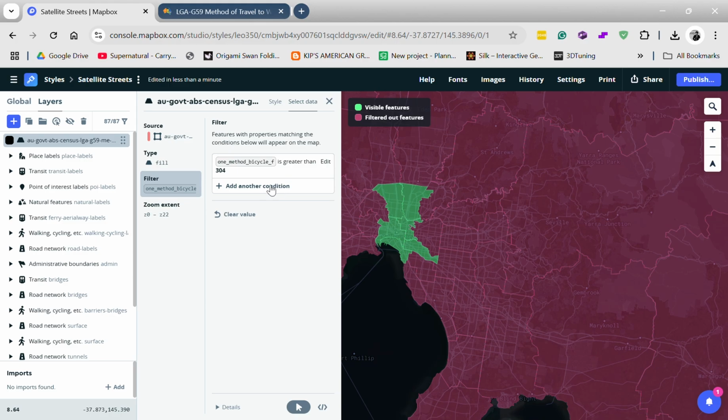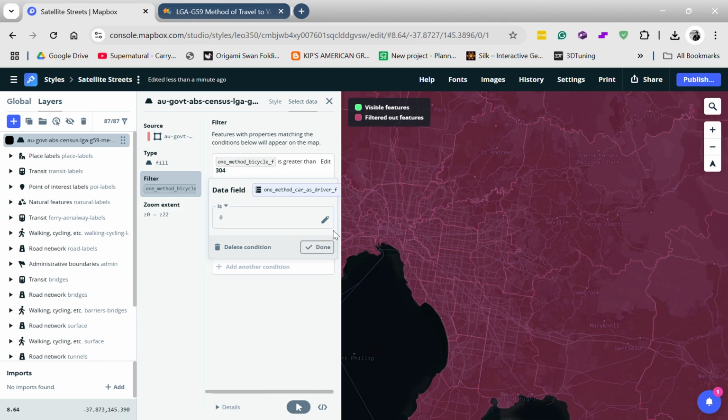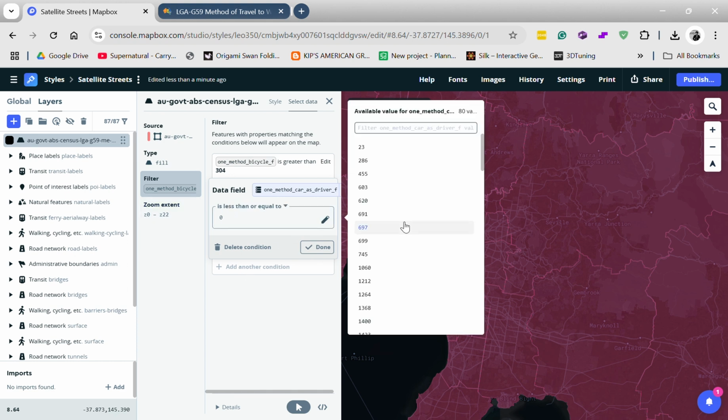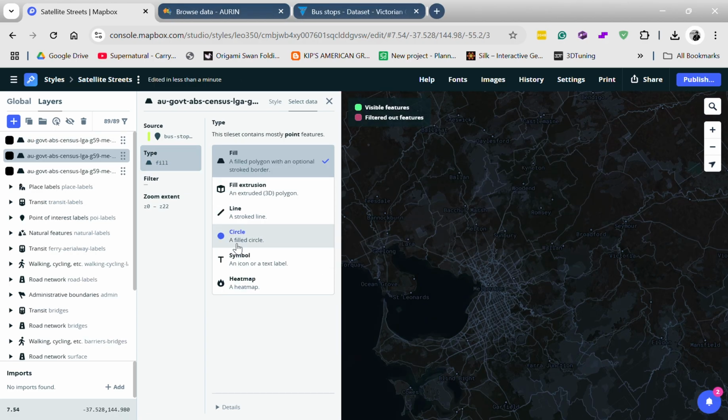And we can also add another condition to overlay some more data. Another condition we can add to it is car as driver. We'll say is greater than, try and see if we can get something close to the value that we've got for bike. Greater than, let's go 455. Done. So currently we can't see the bus stops, but to change that, you can see the tileset contains mostly